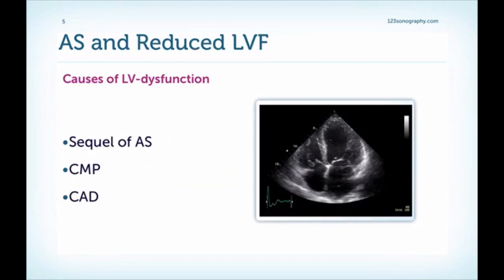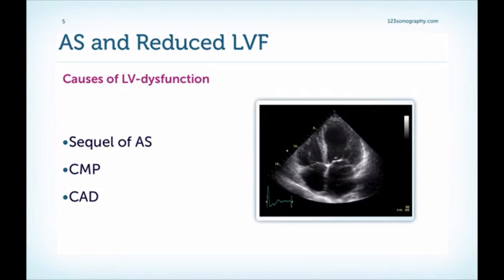If we have aortic stenosis and reduced left ventricular function, we will have lower gradients than we would expect. First, we have to consider what are the causes of LV dysfunction. Is the left ventricle reduced in its function as a sequel of severe aortic stenosis? Or does this patient have cardiomyopathy or perhaps coronary artery disease leading to scarring, such as you can see in